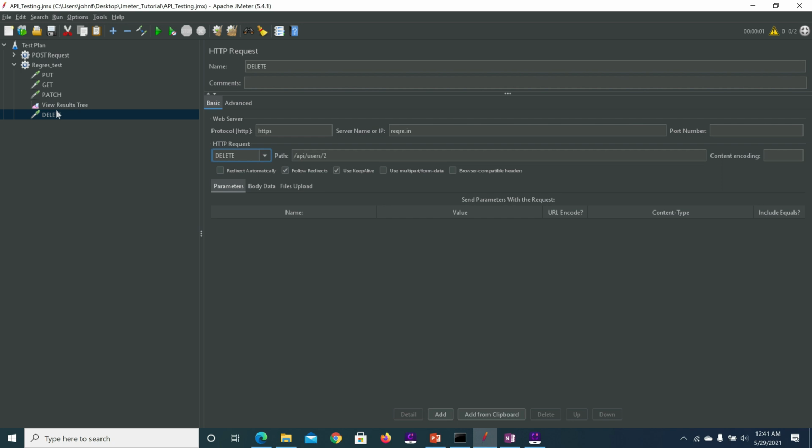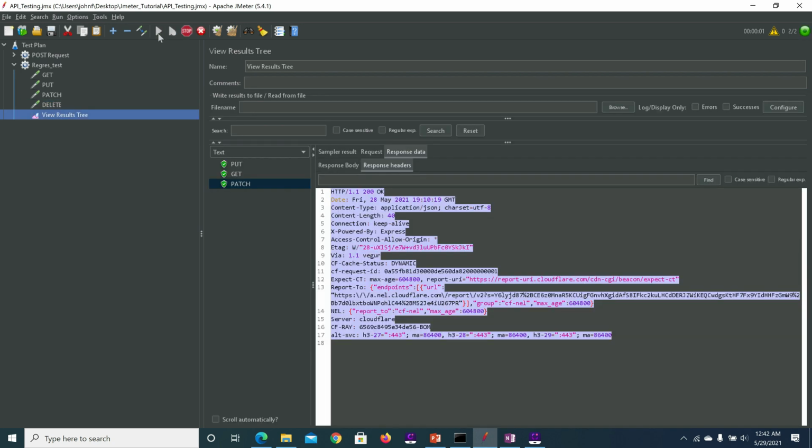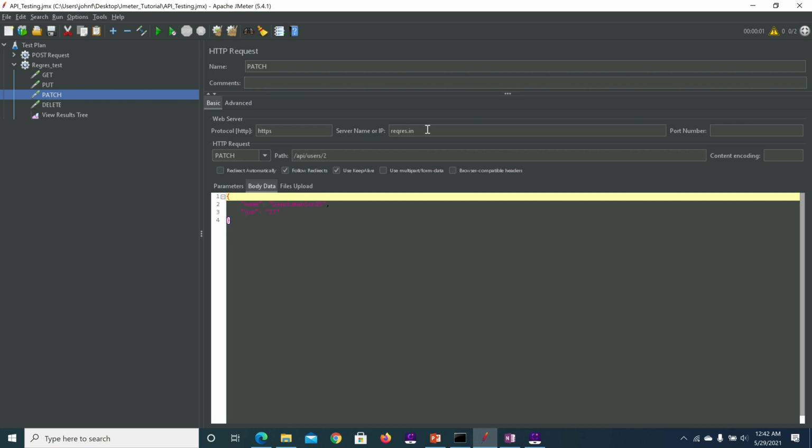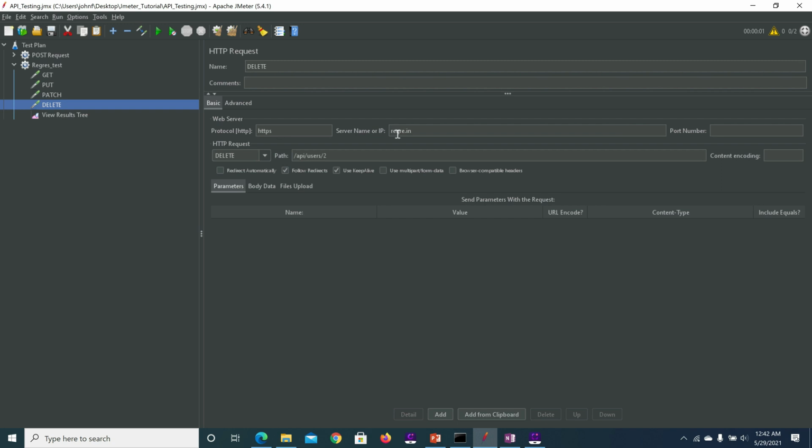Moving one level above. Executing the test plan. Delete has failed. Okay, fine. It is because of the server name. Here S is missing, so I updated it now.